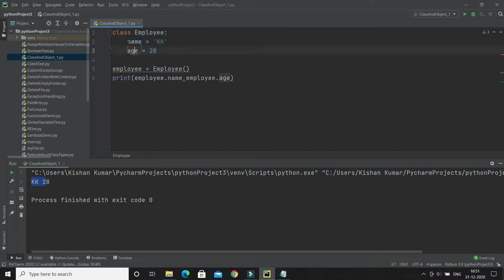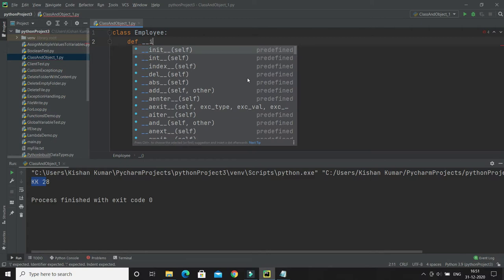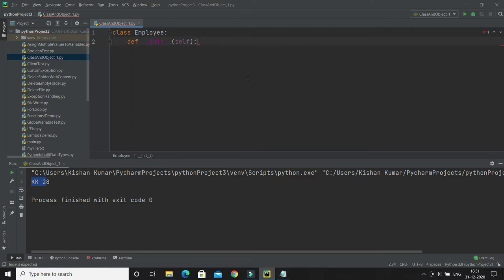So I'm going to delete all this stuff, and to make this class more realistic, we have to define a function, also called a constructor, that is __init__, right? It is basically a function which takes self as an argument. Self is nothing but the instance of the current class, which is created by default.